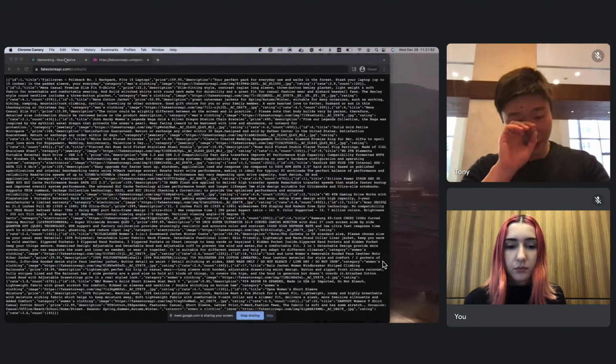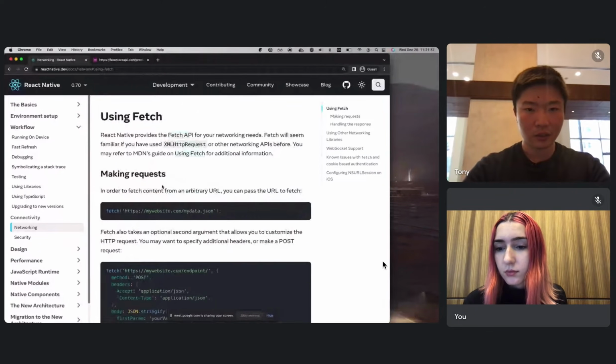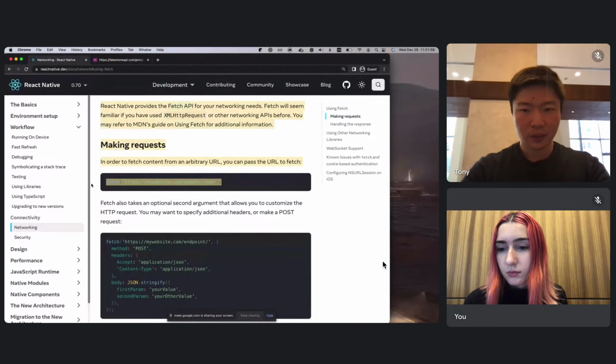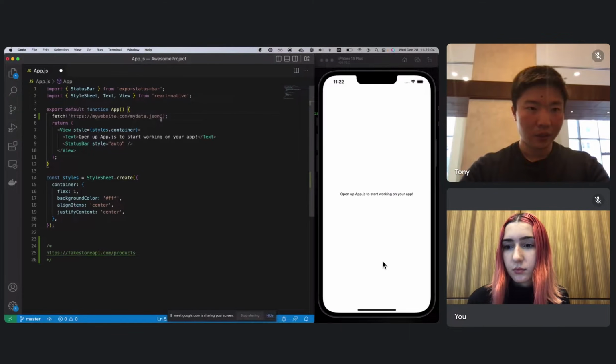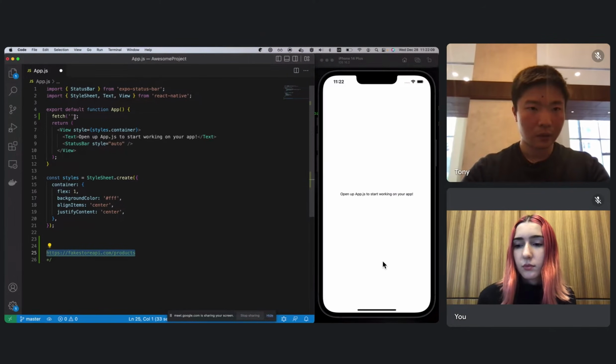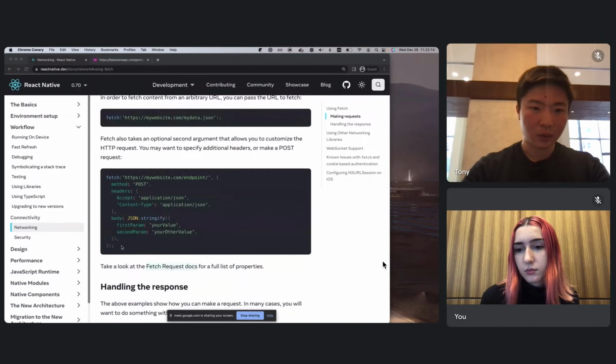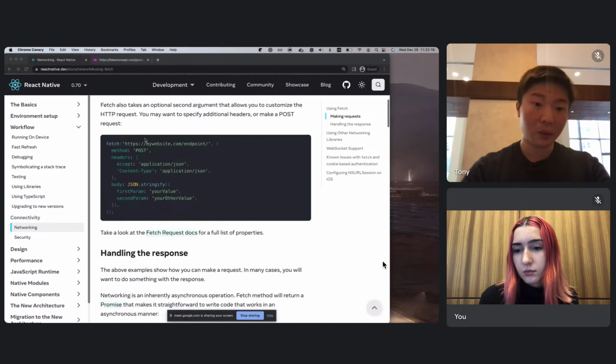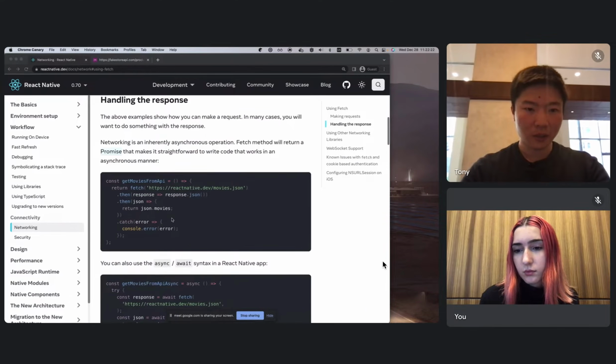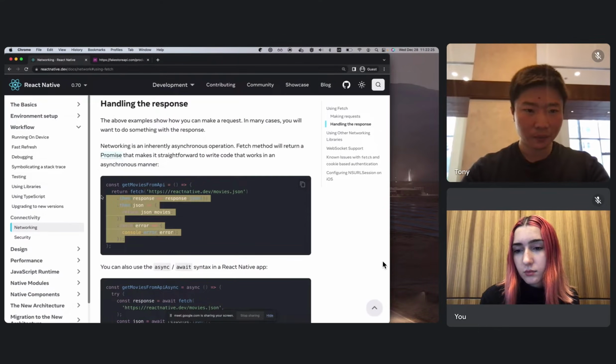So one of the APIs provided is called fetch in React Native. Pretty straightforward. Just going to copy this and put it here, change out the URL. And as the example showed, you can put in different parameters, right, if you wish, but to handle the response, we use this promise-based form.